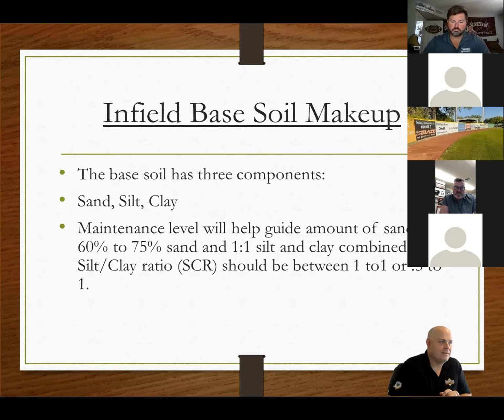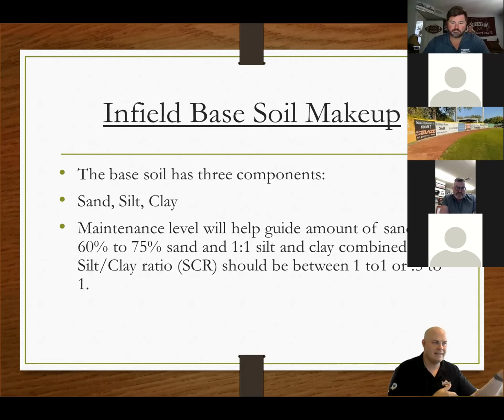Infield mixes are made up of sand, silt, and clay. I always recommend that you adjust your infield mix material based on your maintenance level. At the major league level, they have the highest level of maintenance capabilities, so they can deal with the higher clay content that comes along with it.